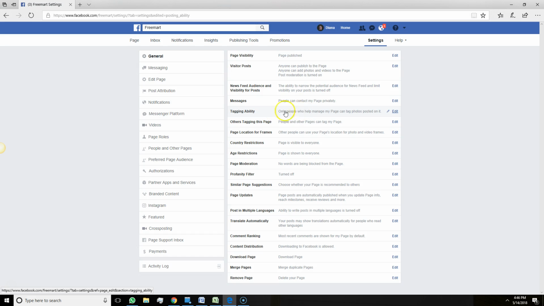Who can tag? You can change who can tag. Let's see, people and other pages that can tag your page. Other people can use your page's location for photo and video frames. Country restrictions, is it visible to everyone? Is it not visible in certain countries? Age restrictions: if you had a business with tobacco or cigarettes or any other thing that has an age restriction on it, you could age restrict who can see